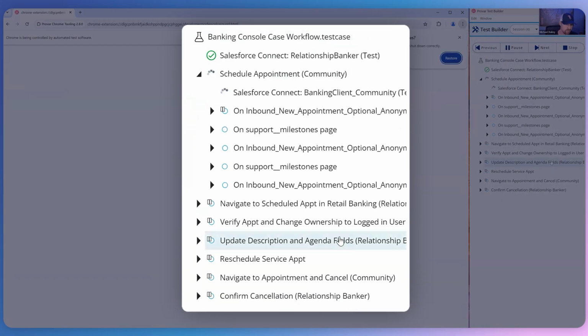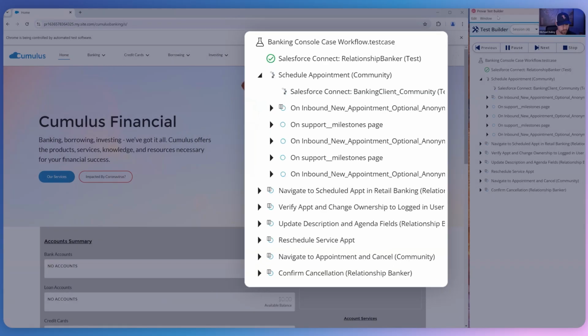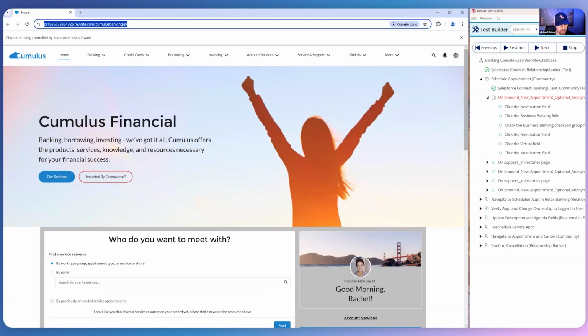In case you're wondering, if you've never seen Provar before, what's happening here? These connections that are happening are configured connections. Within the Provar interface, you can create connections to Salesforce, of course, using username, password, OAuth, MFA, etc. But once you have that admin connection created, you can use that to log in as all these different personas without having to create additional credentials. You just need to know their username and what application you want to navigate to, and Provar takes care of the rest. So this one logs me straight into the community here,